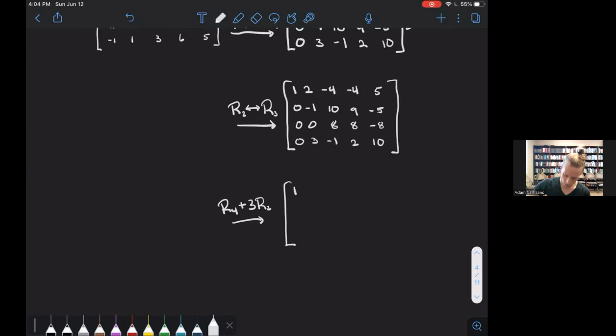So again, 1, 2, -4, -4, 5 stays the same. 0, -1, 10, 9, -5. The next row also stays the same. Row 3 has nothing to do with this. So 0, 0, 8, 8, -8. And now when we add 3 copies of the second row to the fourth row,